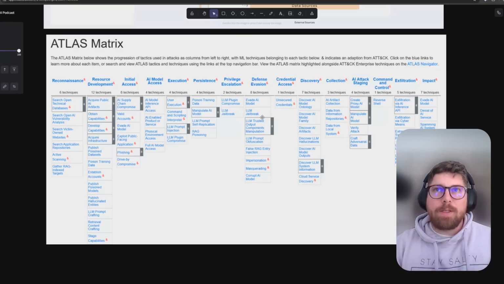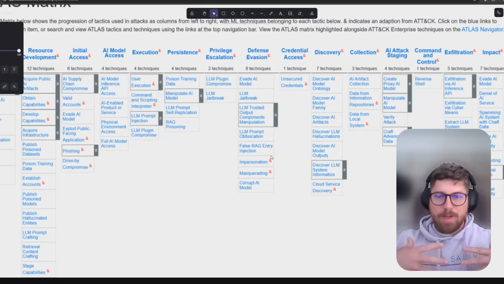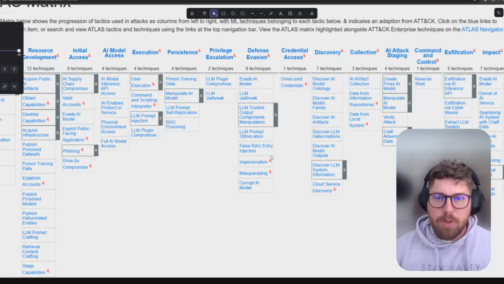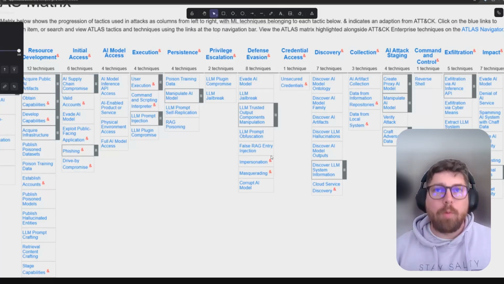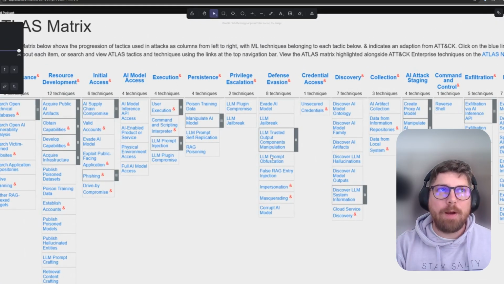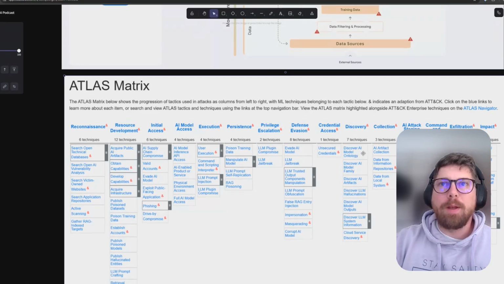Now, the thing I would say on the ATLAS matrix side is it's great that we have this and we can all start measuring, particularly for us on the detection engineering side, right? We want to know what are the actual attacks we should be watching out for so we can start working on how we detect them. I would just say a lot of it is very hypothetical. Great to know what the art of possible is, but not a lot of this is in the wild.